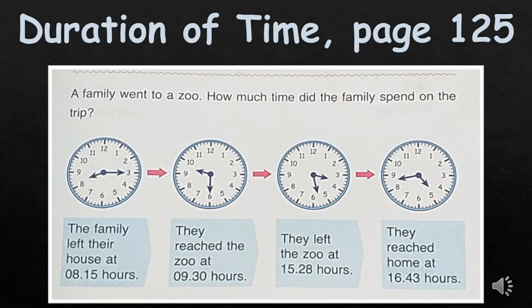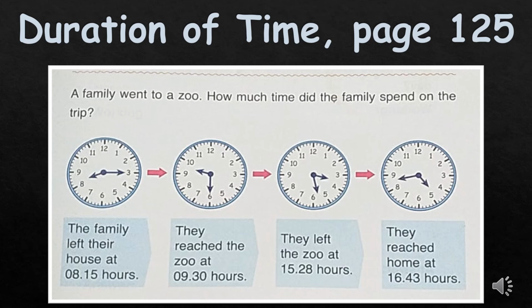Another example. A family went to the zoo. How much time did the family spend on the trip? So a family went to the zoo. How much time did they spend on the trip? Now let's see. They left their home at 8:15 or 08:15 hours. They reached the zoo at 9:30. Then they say they left the zoo at